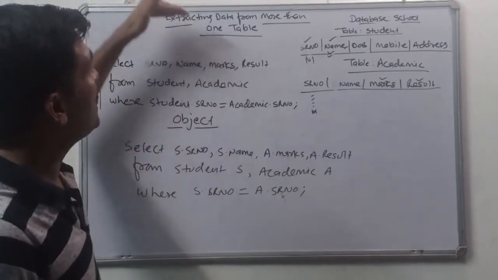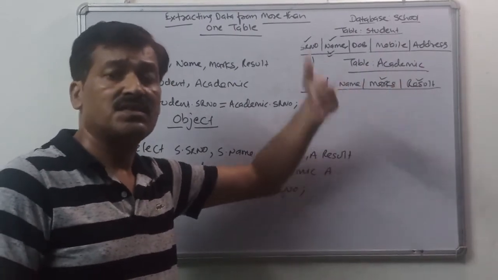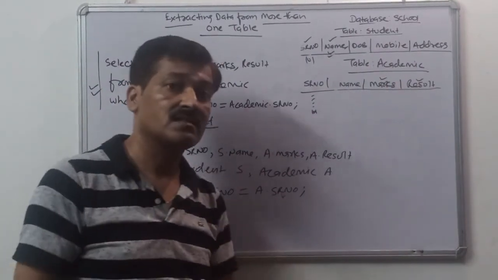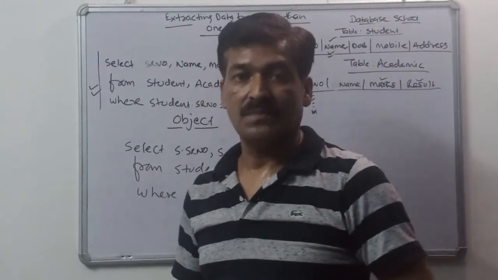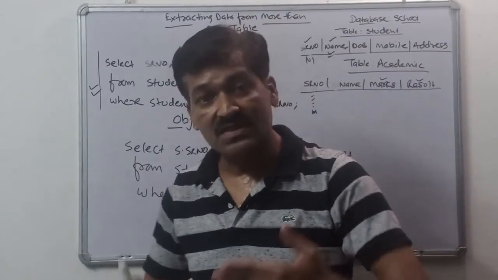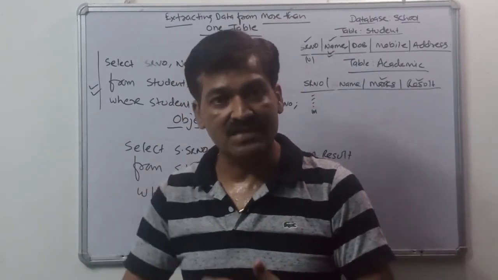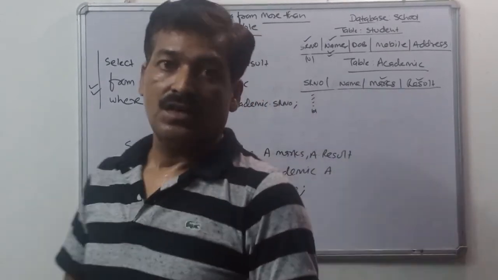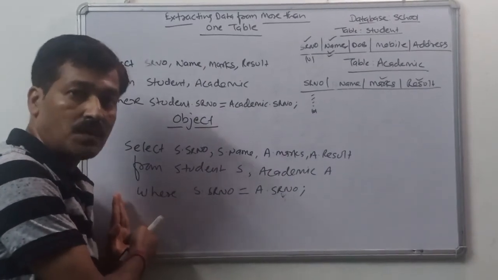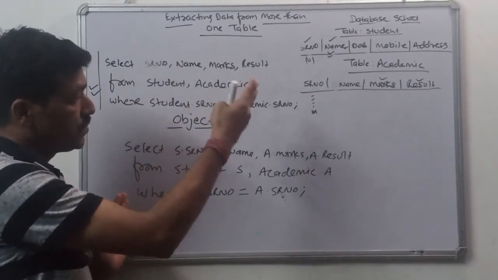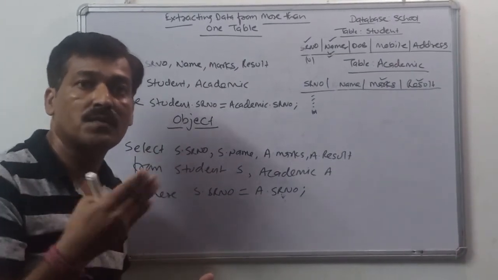Right? So we can extract data from more than one table, it doesn't matter; these are two, but there can be 3 or 4. But the tables are interlinked, they should be interlinked. Foreign keys should be created. They must have a column in which the equality can be matched, so that the data can be matched and extracted. So my dear students, by these ways we can extract data from multiple tables. Practice it, revise it, and try to make some queries from your school.